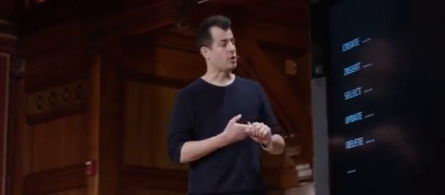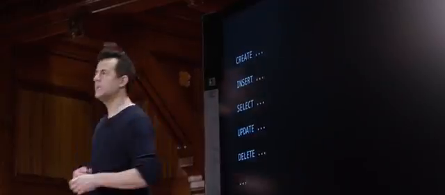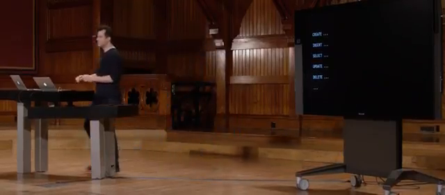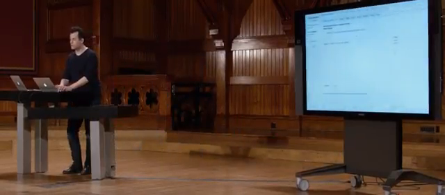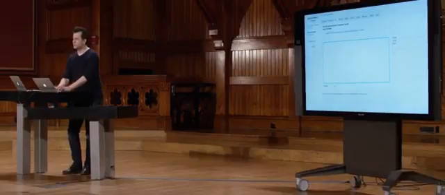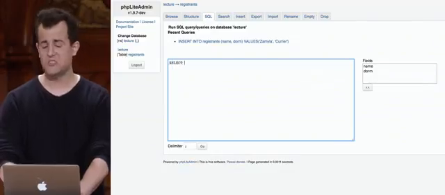Turns out, per this little summary here, that we have the ability to create, which we already did using create table, to insert, which I just did. But what about select, update, and delete? Let's not use the web GUI per se. Let's just go ahead and start typing some raw SQL. I'm going to go ahead and do exactly this. Select, let's say star